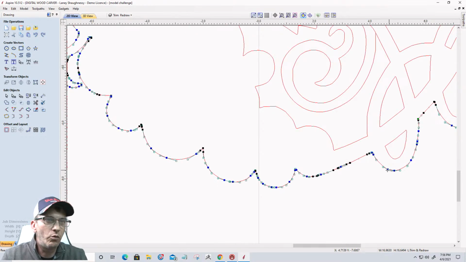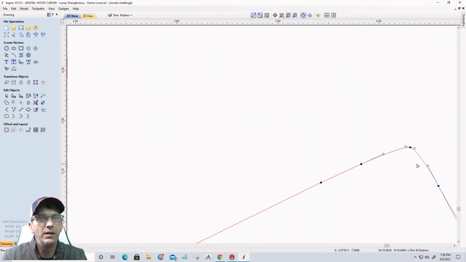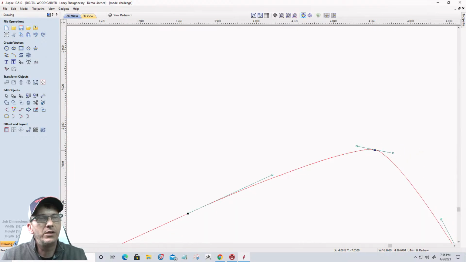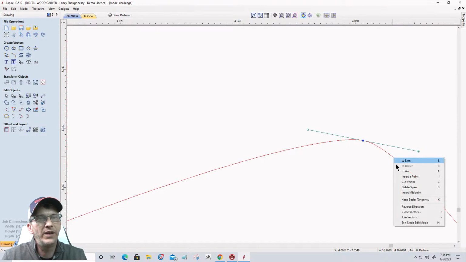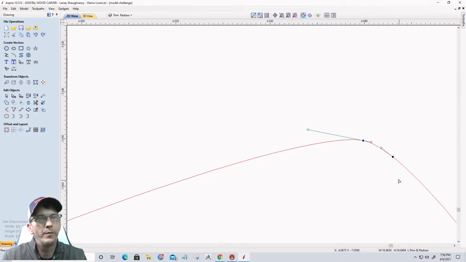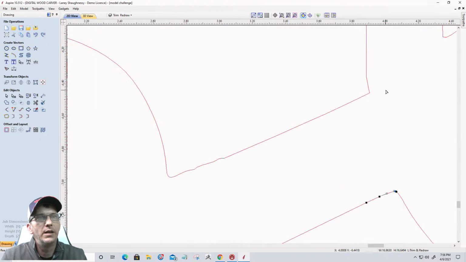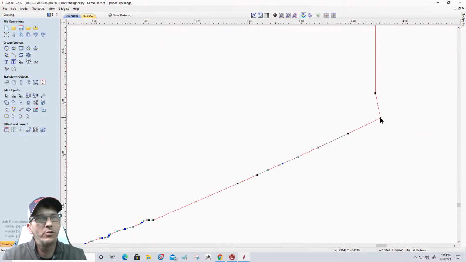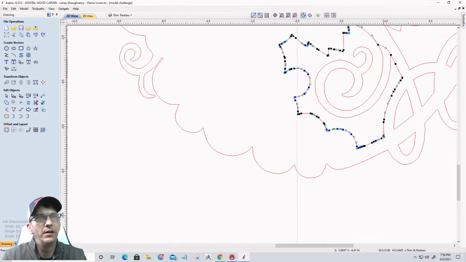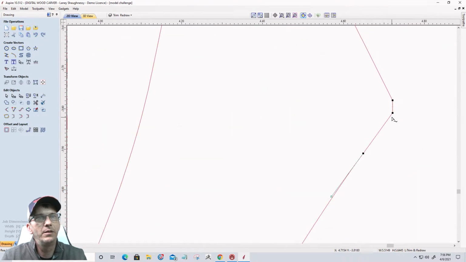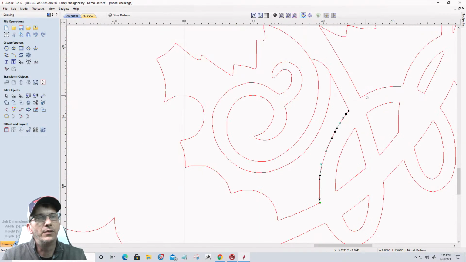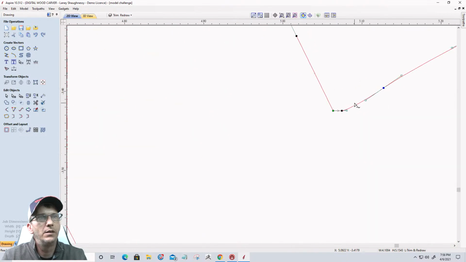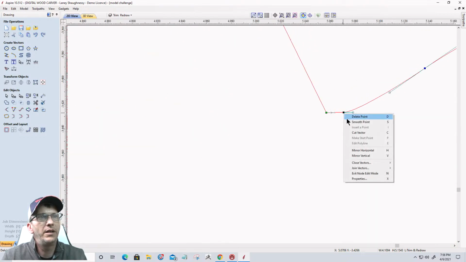Working my way around in node editing, here, probably before it starts to turn right there, I'll cut the vector here. Up here, following the line all the way around to its natural path, I'm going to cut the vector there, all the way up to here, cut it there, and then around. We'll cut it there,